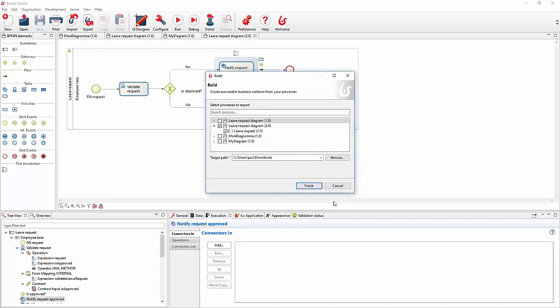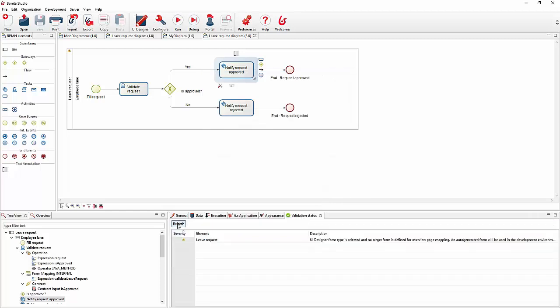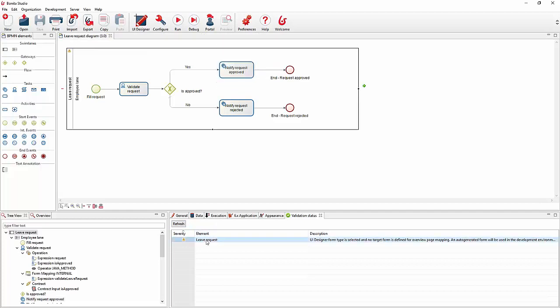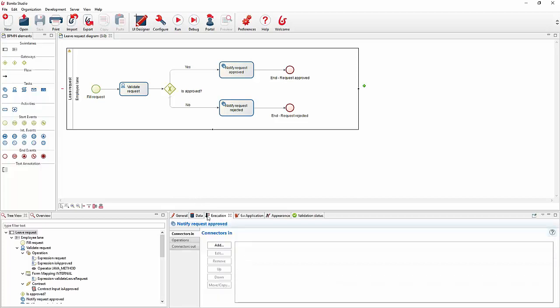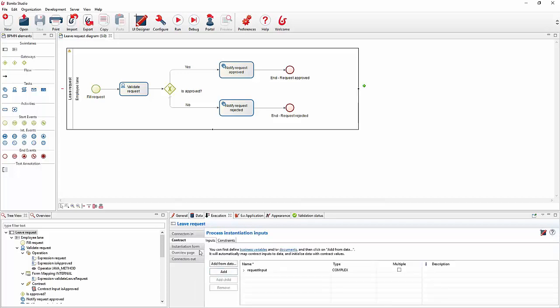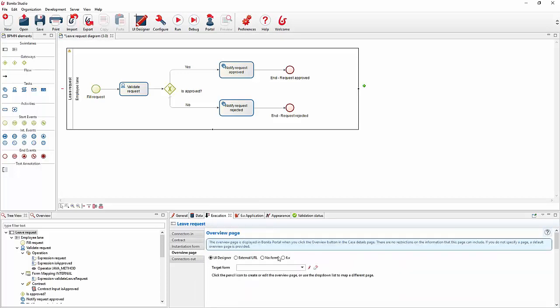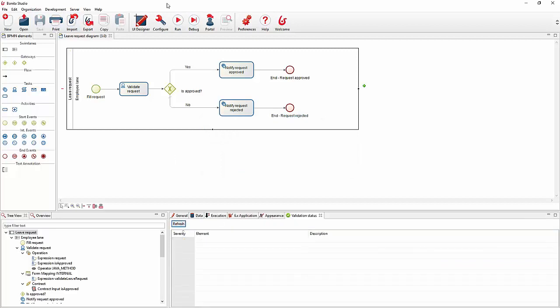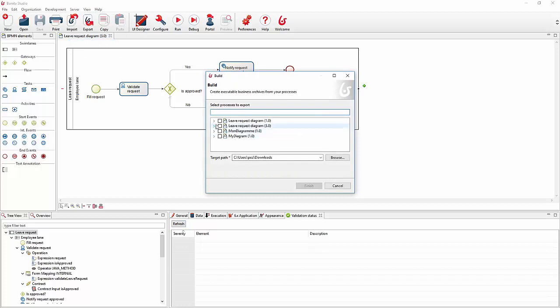And there is some error, so first I will check which kind of error I have on this one. And make sure, yeah, it's not an error, it's just a warning on the form, because I have these forms here, the overview page. I didn't define any forms, so I'll just say that I don't want to use it and click on no form, and so I can get rid of this warning. So as I said, I will build this process,